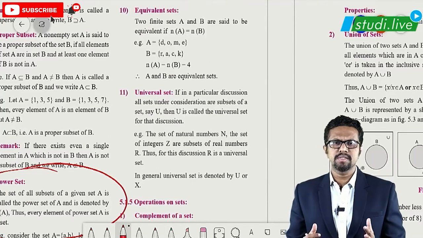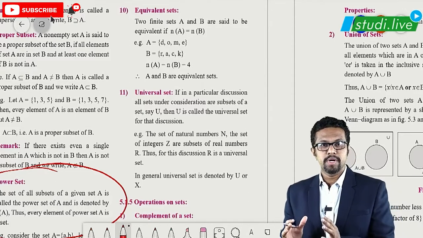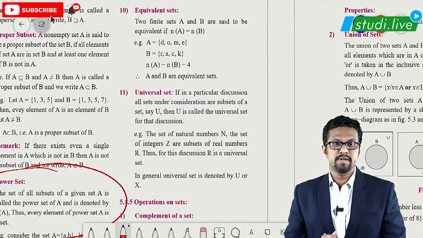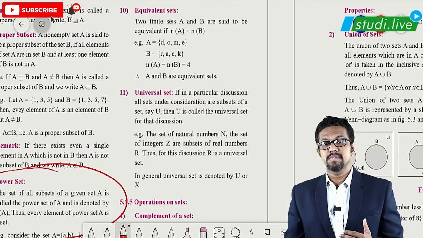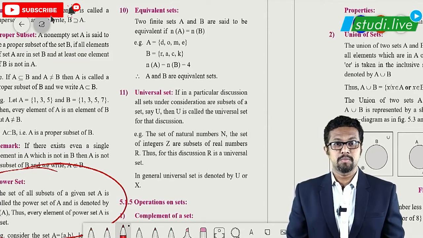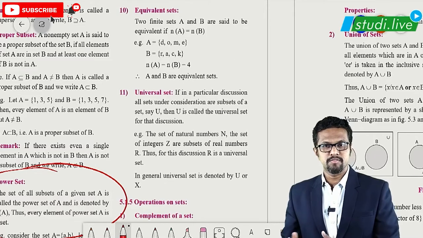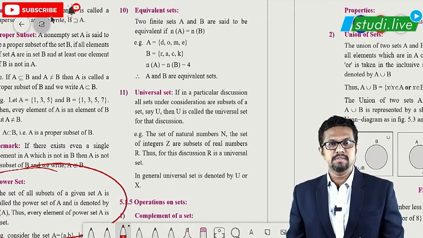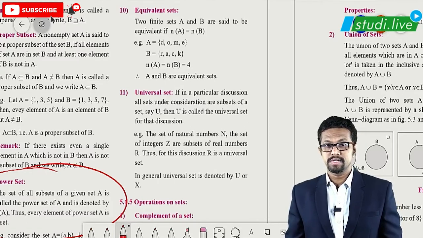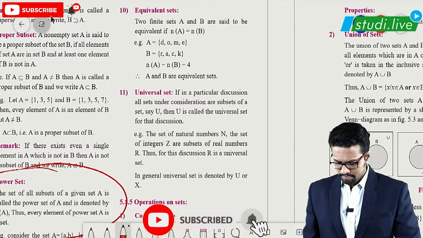When we are discussing some particular type of set, all the elements are contained in one particular set. Such a set is called the universal set for the sets under discussion. If we are discussing something about vowels, then the entire set of the 26 letters of the English alphabet can be considered as the universal set. If we are discussing prime numbers, then we can say that the set of natural numbers is the universal set. Such examples you can consider for the universal set.